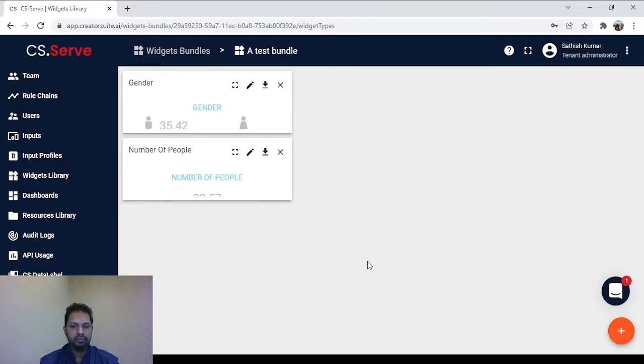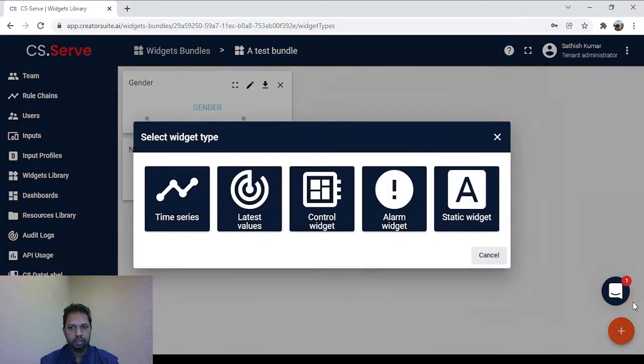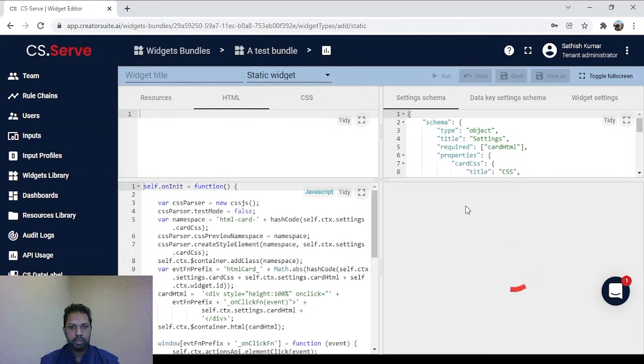So the final widget that we'll be adding is the globe widget. So again, add a new widget type. Create a new widget type. This time it's a static widget because this globe widget is actually not taking any inputs in. We can configure to take inputs, but for this example, I won't be configuring to take input. For the coordinates, we will be adding the coordinates manually in the widget. So let's click static widget,